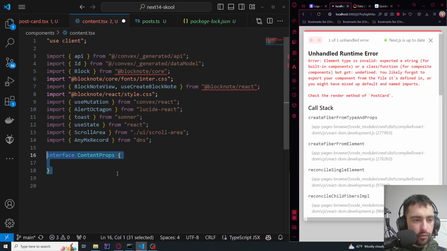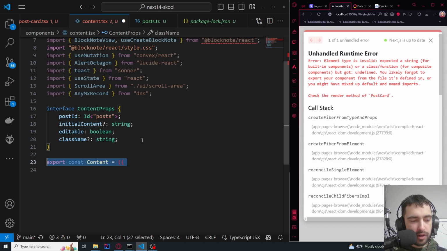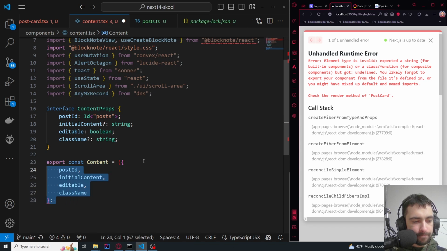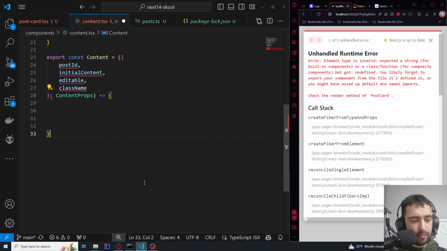Let's continue in content. So interface ContentProps, postId is going to be, and then initialContent. If there is no content in the post, then we don't need the initial content. Okay, editable. If the user is the owner, it will be editable, and then className, optional, for styling. Export const Content. Extract all of these fields, give it this type,